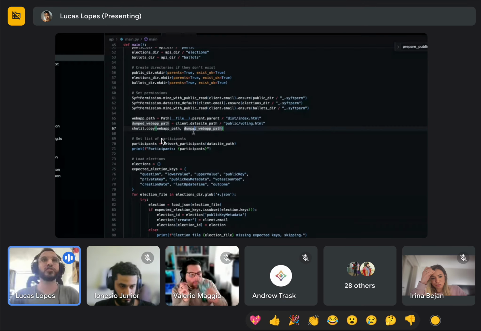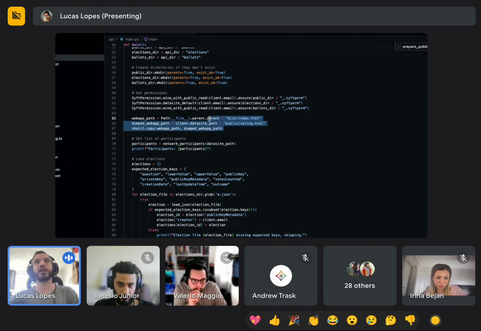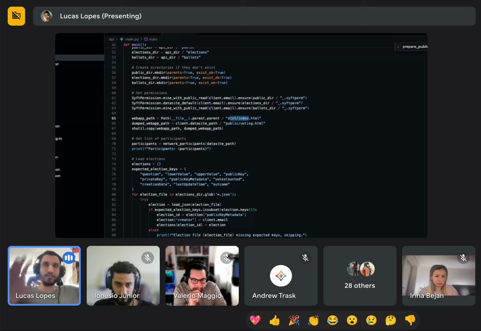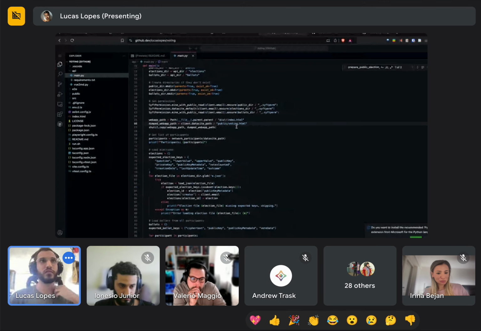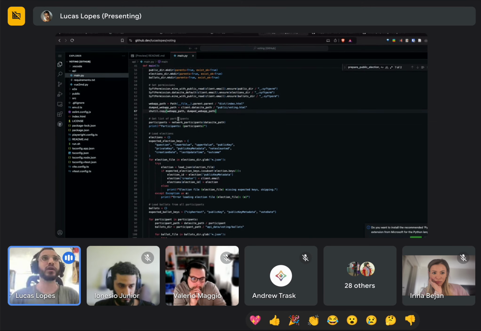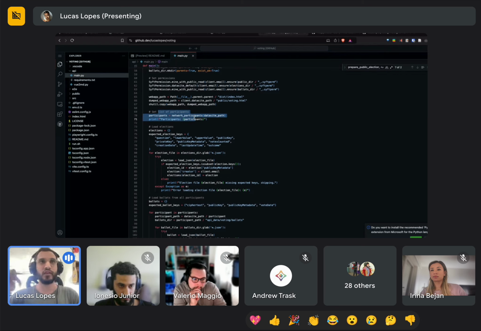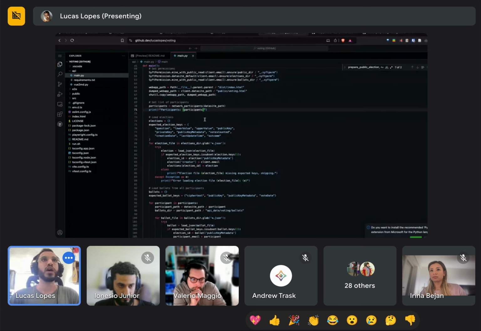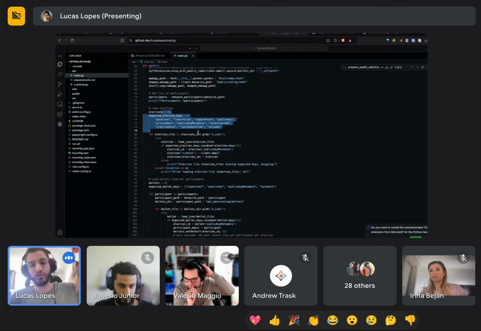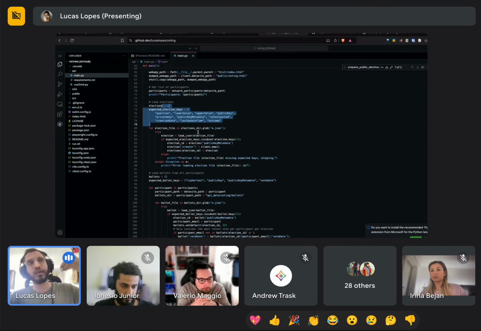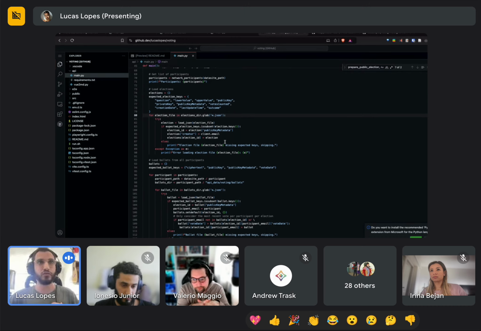Then we can just simply copy and paste the index, the minimized bundle generated by Vue. We can just copy it in the public folder, the voting app. And then we can get all the participants that are in the network right now. And we load the election that you created. You're responsible only for the elections that you create. So here it's loading all the elections in your elections folder.